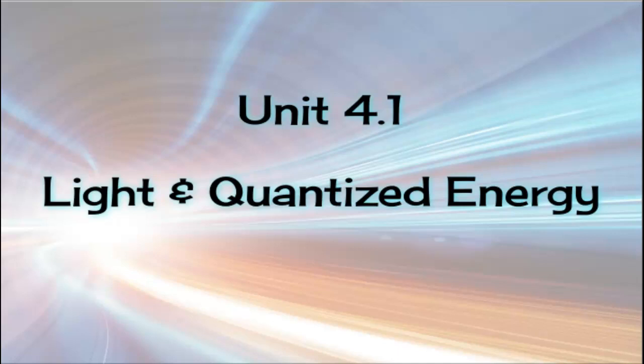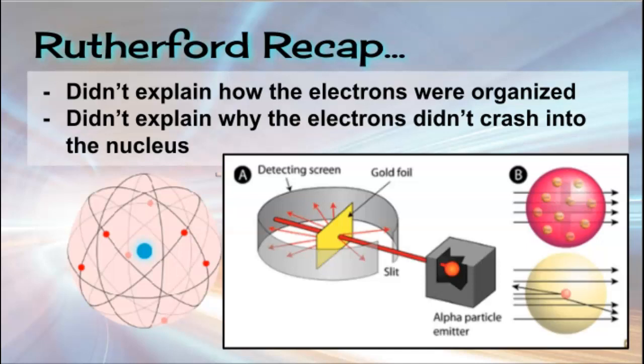In Unit 4.1, we're going to be talking about light and quantized energy. We've talked a lot about different types of models, and we focused primarily on the Bohr model and the arrangement of the atoms. So let's talk about Ernest Rutherford. This particular scientist described atoms as a tiny, dense, positively charged core, which is what we see as the nucleus,